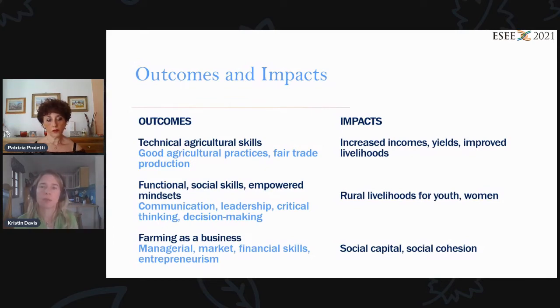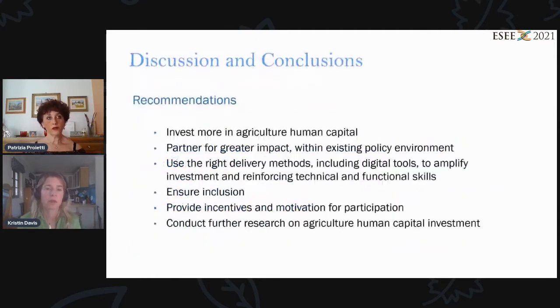And then we saw the development of social capital and social inclusion. And we include this because it's the result of the human capital, right? The human capital led to increased social capital and improved social cohesion, whether it was in the home. We saw that in Kenya, that there was greater working together between a husband and wife team in their market enterprise that they had. In Rwanda, we saw the farmer field schools. The participants were really getting a lot of social cohesion there. So those were some of the outcomes and impacts that we saw.